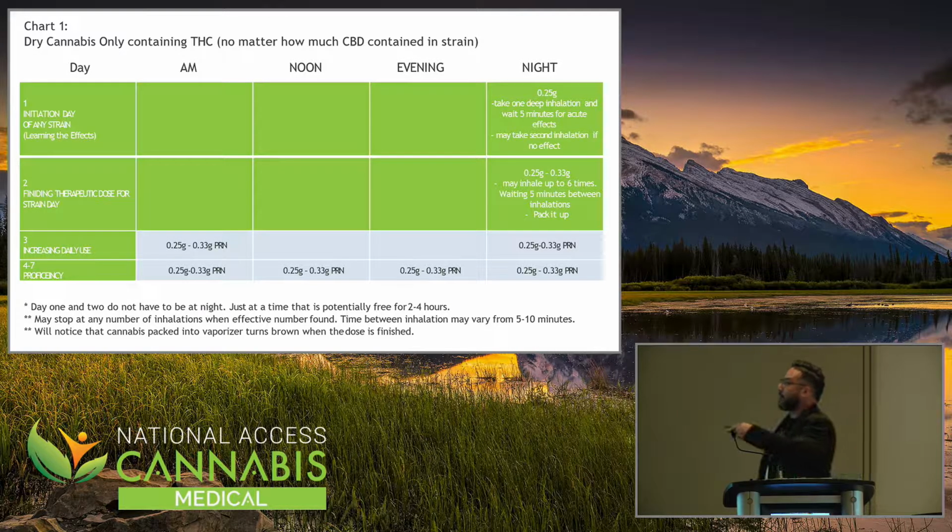You're going anywhere from 1 or 2 inhalations up to 6 inhalations. But let's say at 3 or 4, they're like, that's all I needed. Okay, so stop them there, jot it down. That for you is your therapeutic dose. Now you can start using it morning, noon, and night. Make sense?